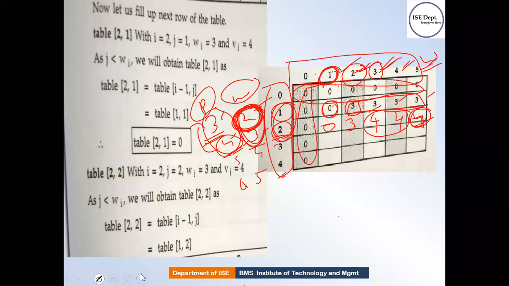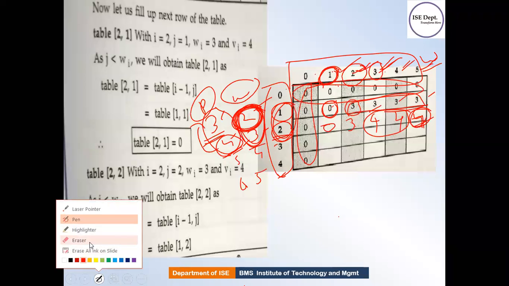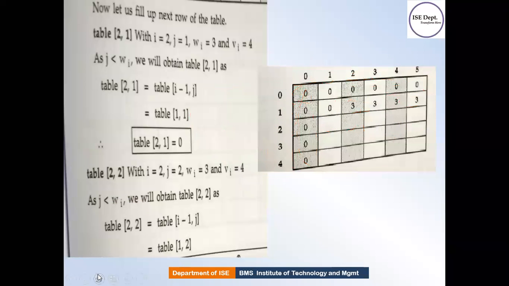Okay, so let me just revise whatever I told right now. I hope whatever I'm explaining is clear for you because it is a very important topic. I'm just telling you about the shortcut of solving this. Yes, you can solve it using the formula, but sometimes you may miss something, so you can cross verify it.